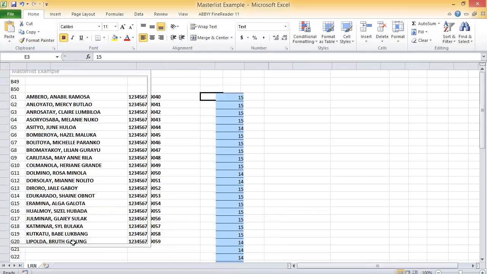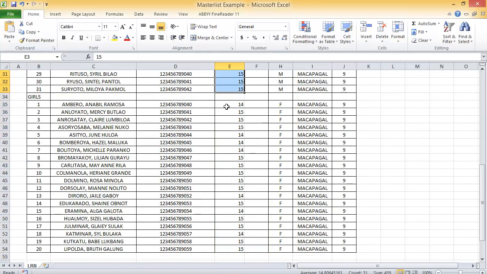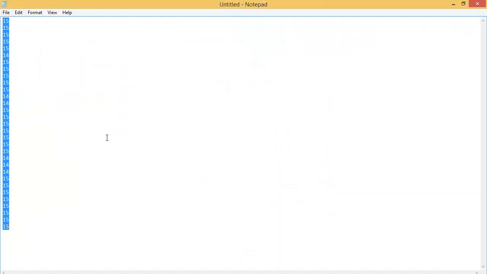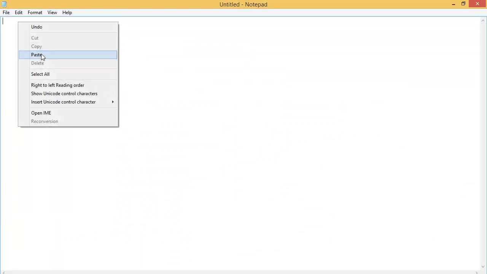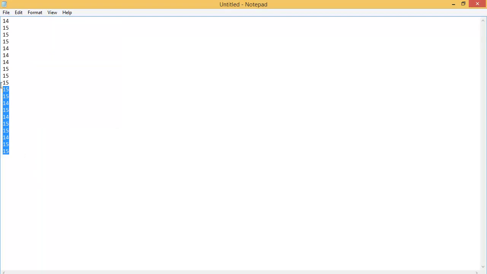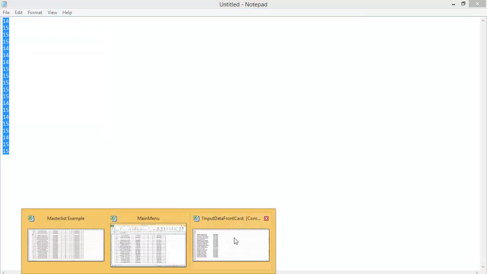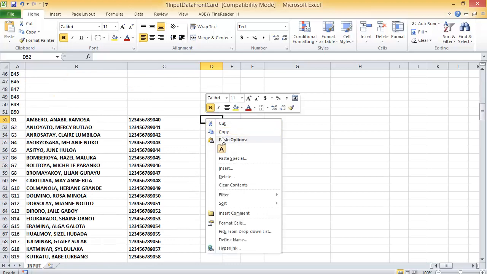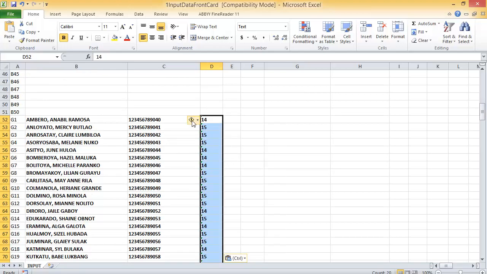I will go back to my master list example, copy all the ages of the girls, right click, copy, go back to notepad, delete all the data, right click, paste, highlight everything, right click and copy, go back to input data front card, okay, right click and then click the paste button or the A icon, and then again ignore